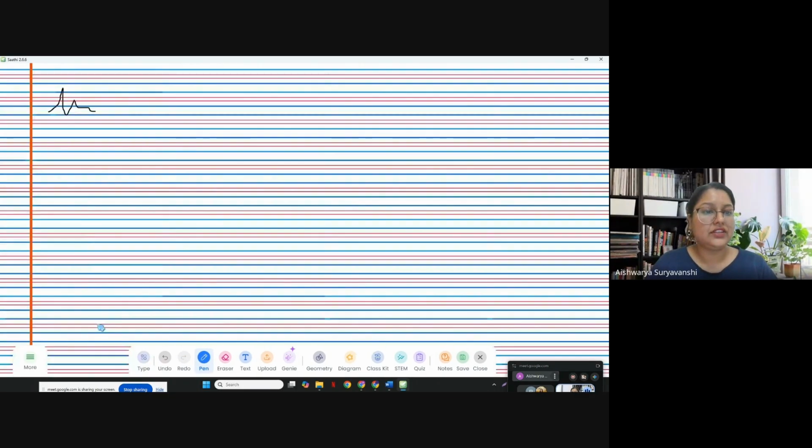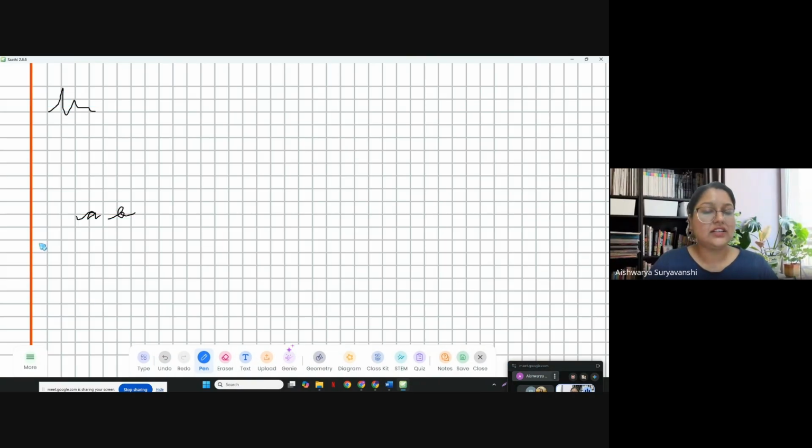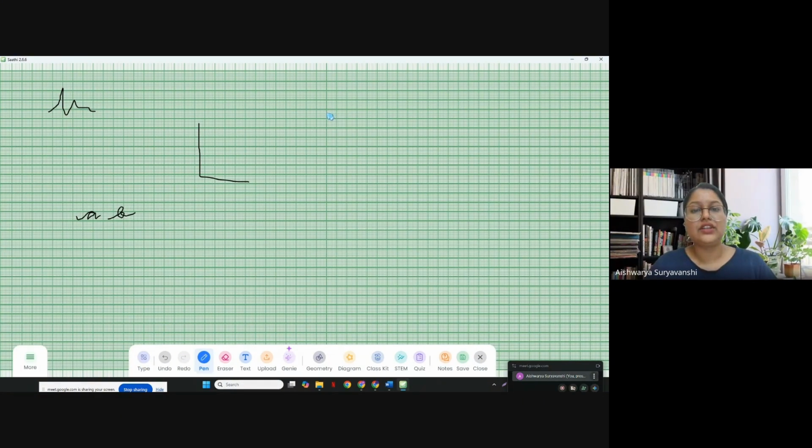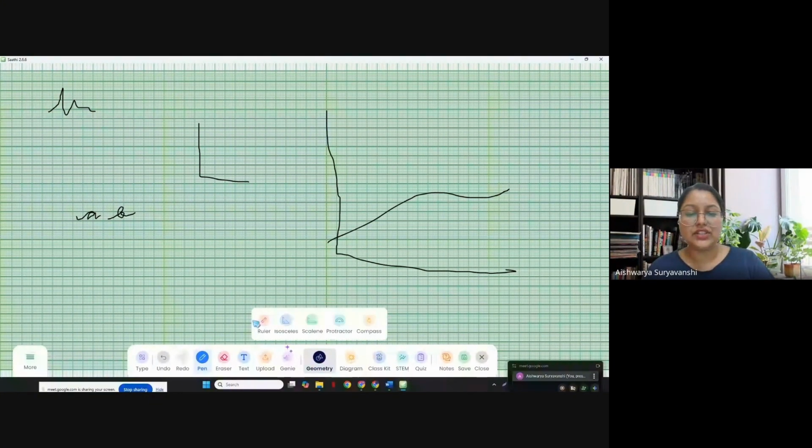Then we have this, which is 4 lines. So maybe if an English teacher wants to explain cursive writing, they can also do it from here. And then there are these maths boxes, so you can also draw graphs. And then there is a practical graph page, so you can create your graph and explain accordingly. And of course there are other tools which are already there under geometry. So if you have a ruler, you can create different triangles. There is a protractor, there is a compass, so you can also use all of that.